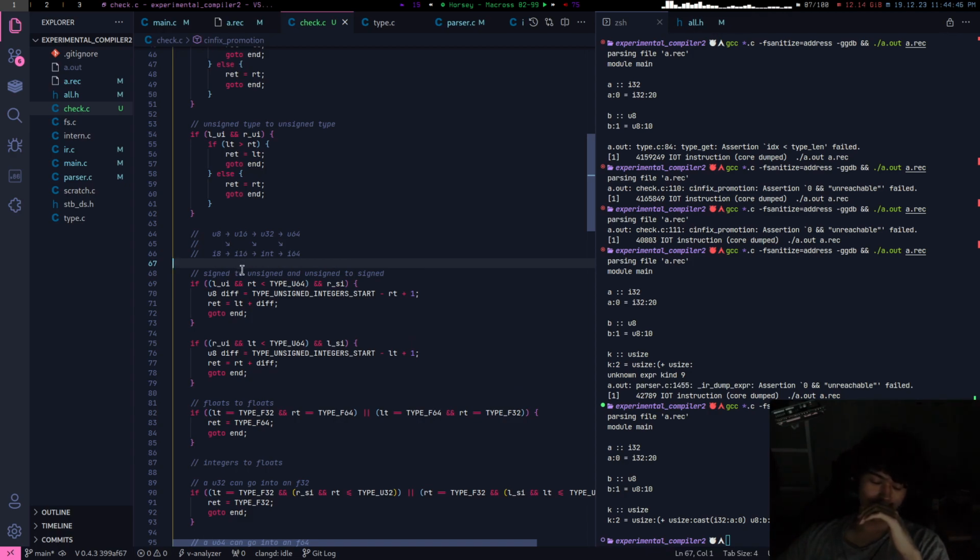I'm sorry, critical thinking takes my brain a long time. Left side is an unsigned type. And the right hand side is a signed type.